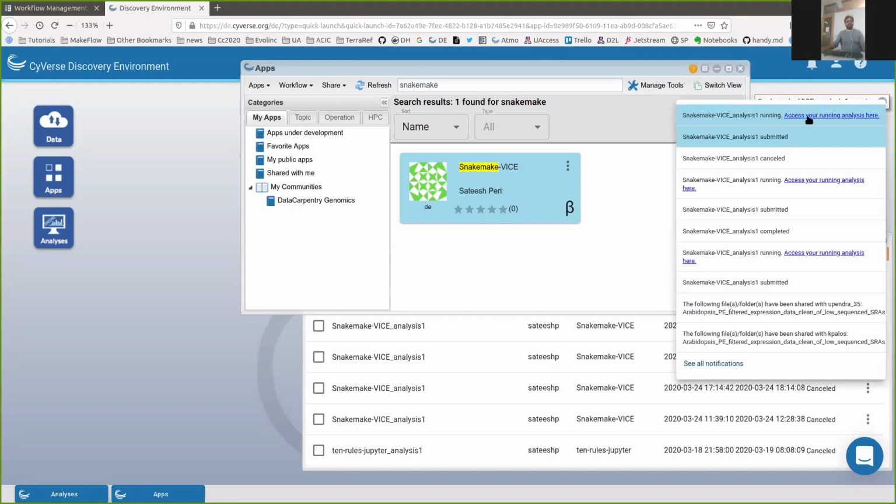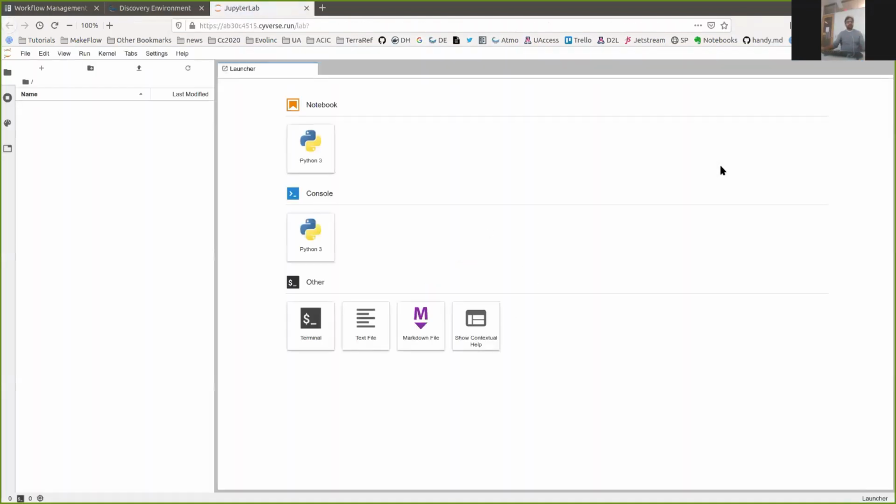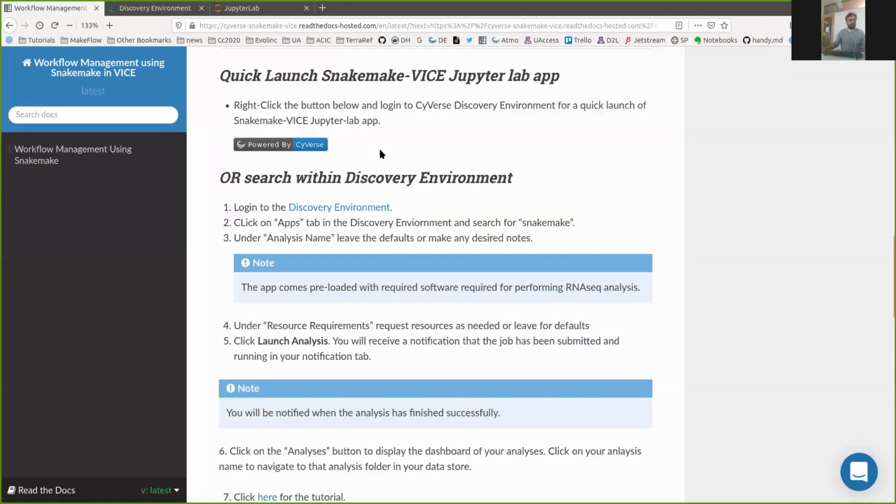And just right next to it, you can see a link that says access your running analysis here. So if you click that, it'll open a new tab within your browser, and it'll redirect you to a Jupyter notebook. So I will now give a minute or two for people to launch their Jupyter notebooks,